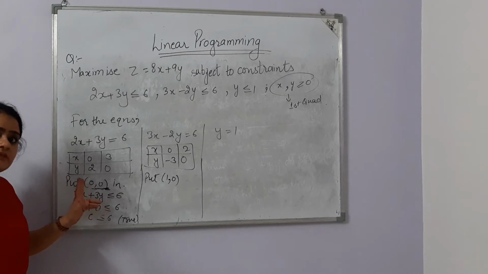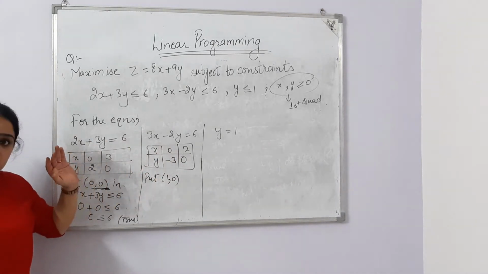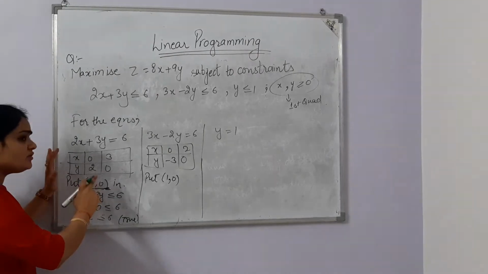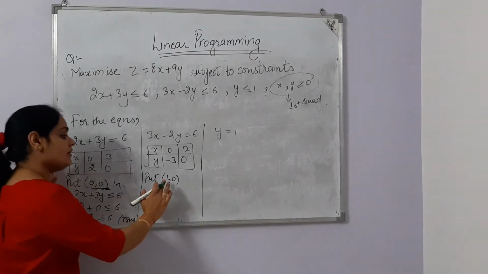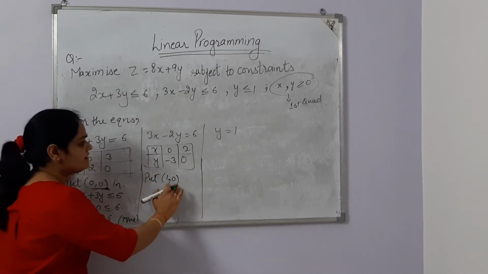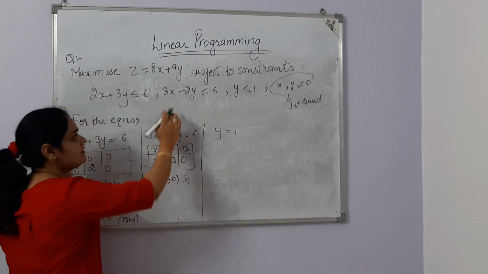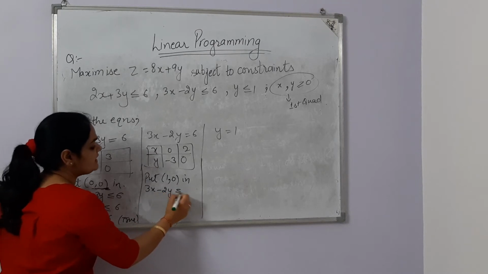We don't have to take 0, 0 always, because whenever 0, 0 is lying on the line, then it is a wrong statement; 0, 0 can never always be substituted in the equation. So I'm taking another point so that you feel comfortable. Put 1, 0, which is not lying on the line, in the respective or corresponding inequation.